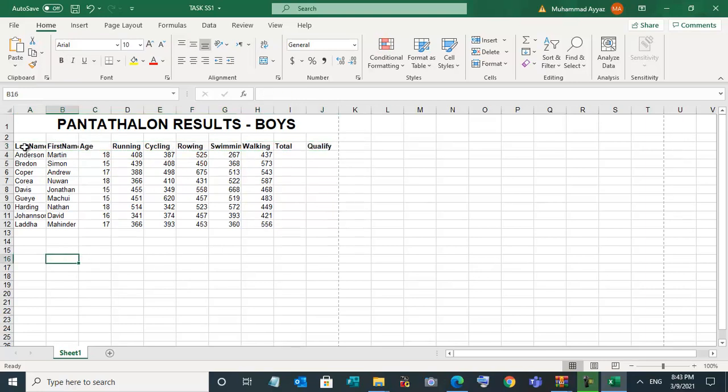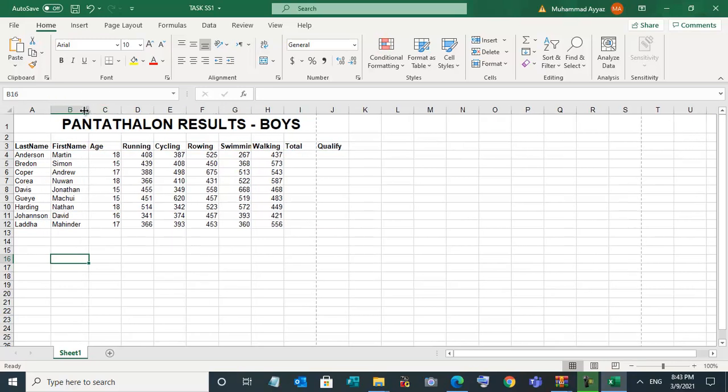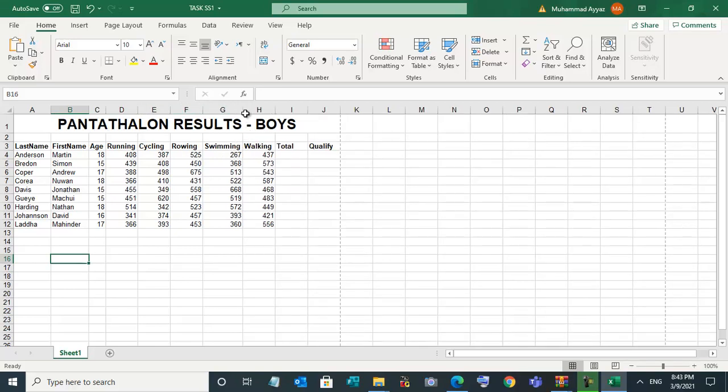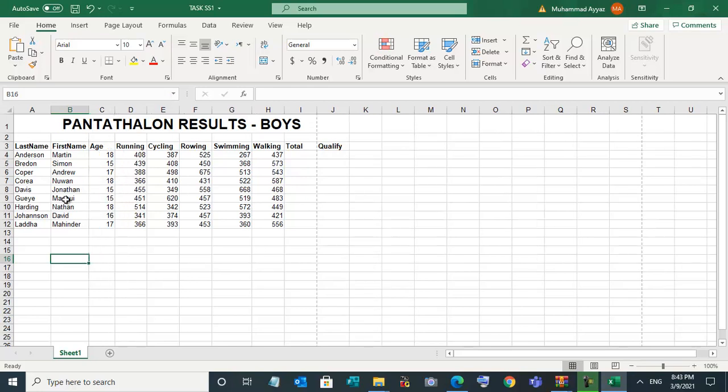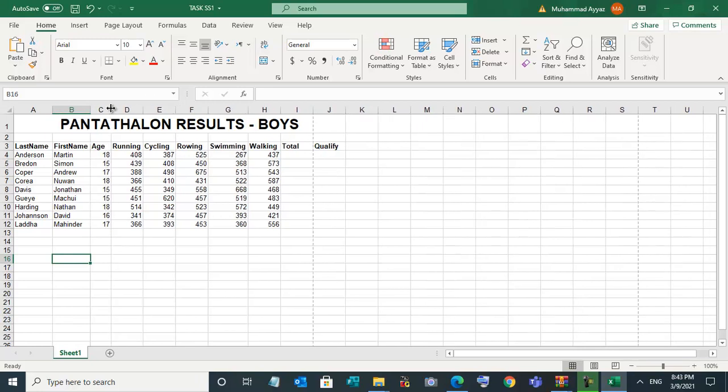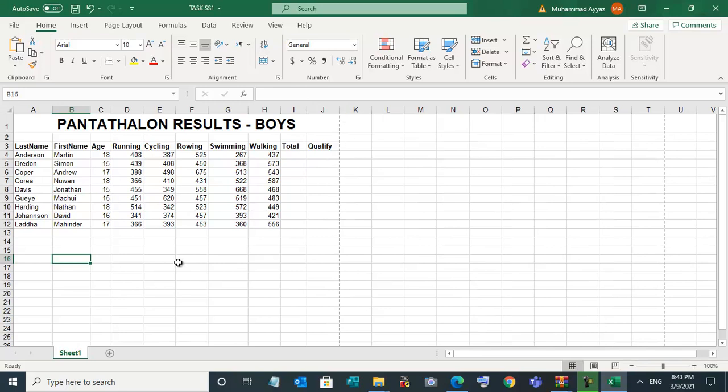Okay, now check, the column width is very short now. Now double click here. This is okay. This column separator, you double click here, all others okay. So if you want to make it equal, you can increase the age also, like this, and name a little bit, but see, this is going out of the page. Okay, so we will go back and decrease this total. Yes, now it is within the page.